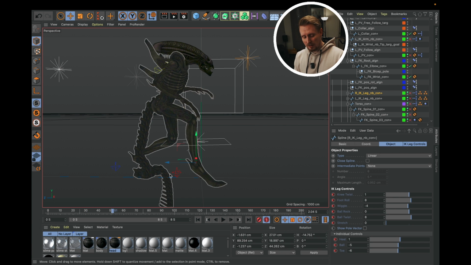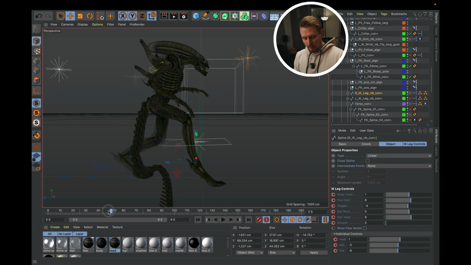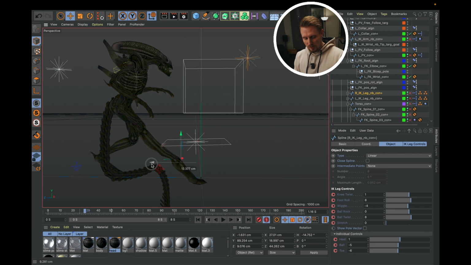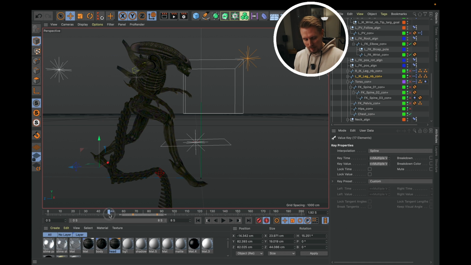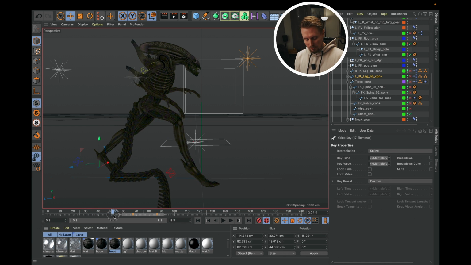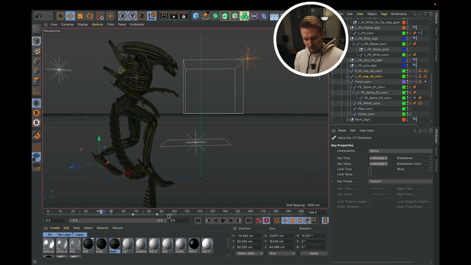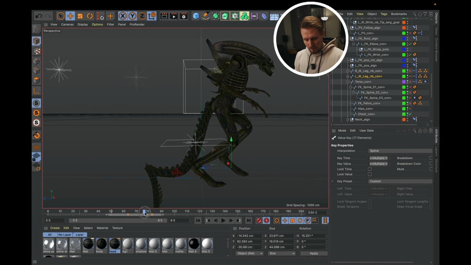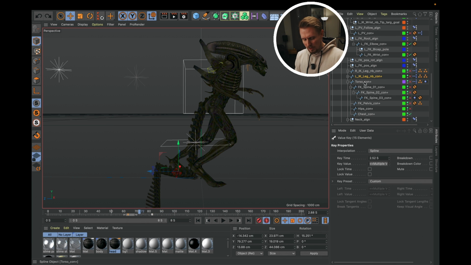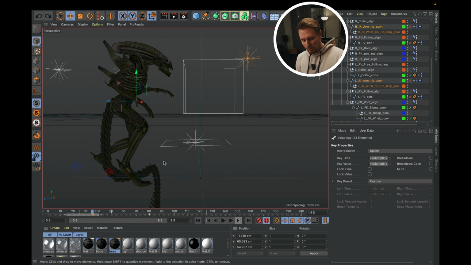Let's see. So I basically want him to end up here. I will set my keyframe and I will back it up, and then I will just pull his leg back. I will delay the keyframes on the left leg, so let's see what that does. So now first his right leg, and now his... Okay, cool. We're starting to get there. Let's see. Alright, that's cool. So I believe we need to expand the torso animation, and also I'm going to try to